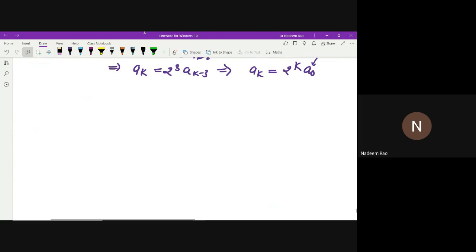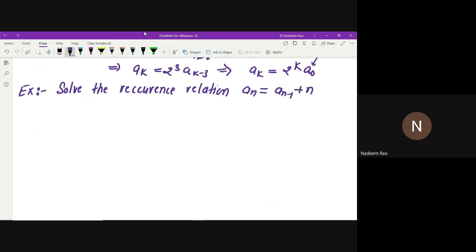Now we discuss another example. Solve the recurrence relation a_n equals a_(n-1) plus n, subject to initial condition a_1 equals 4. The solution,